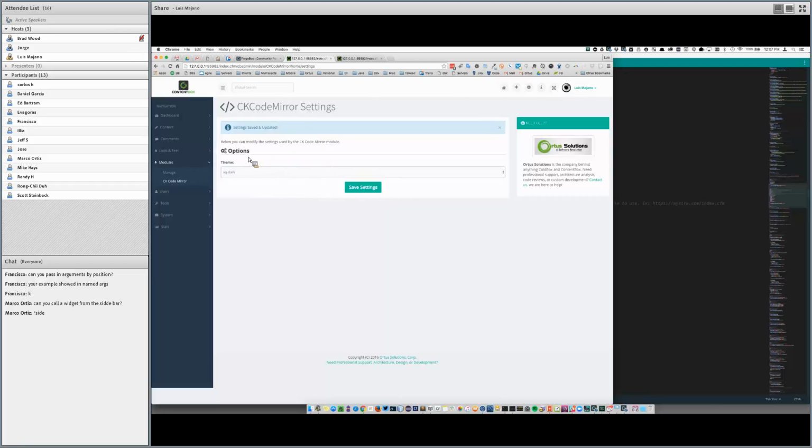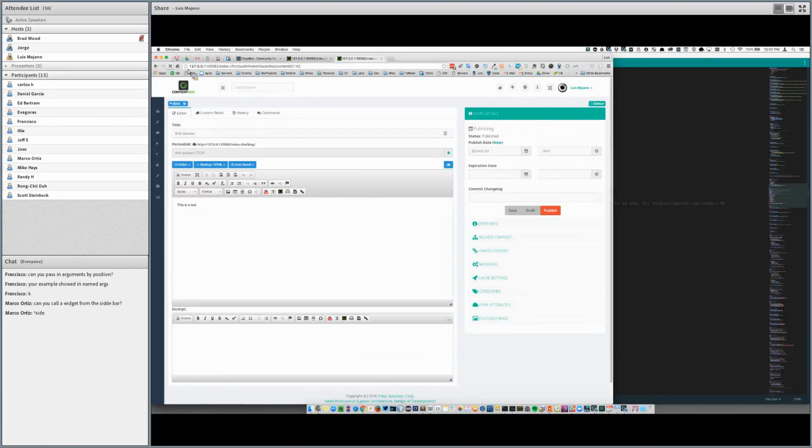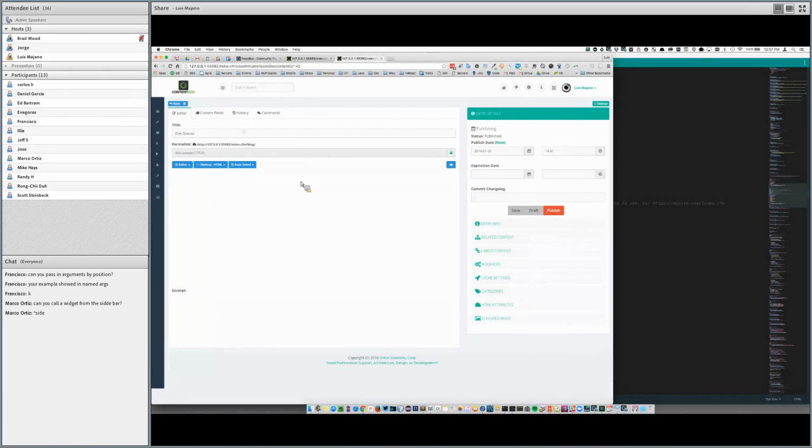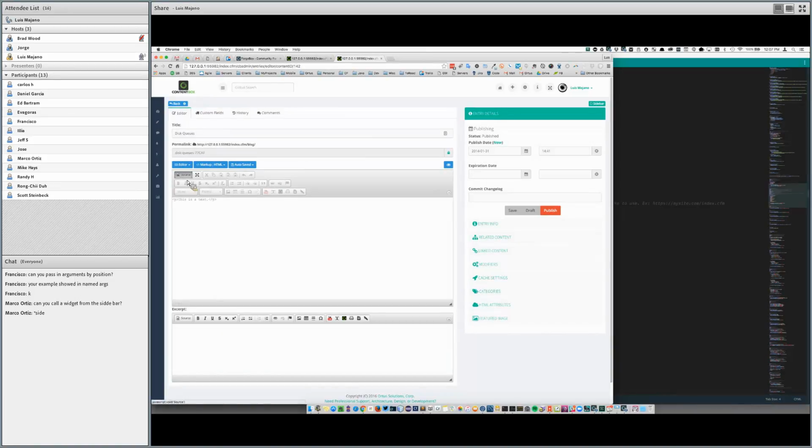Oh, this is using my old version of ContentBox. So let's fix it very smooth.